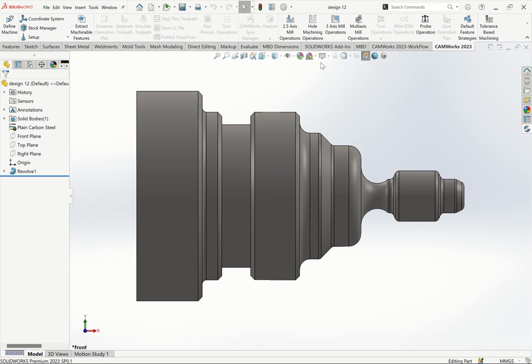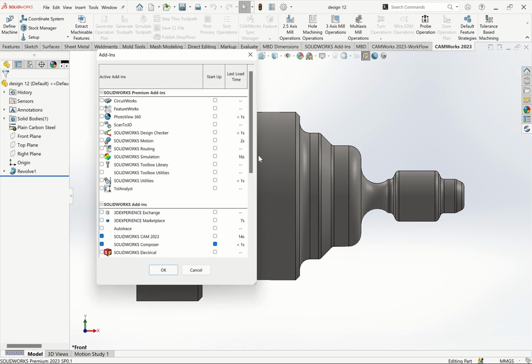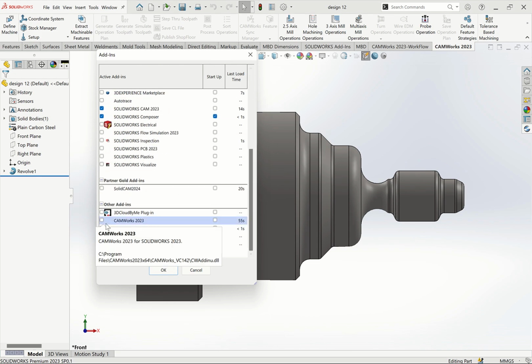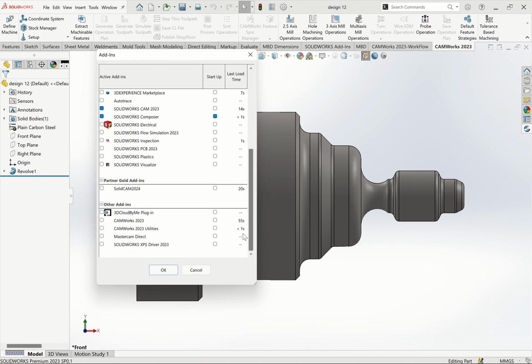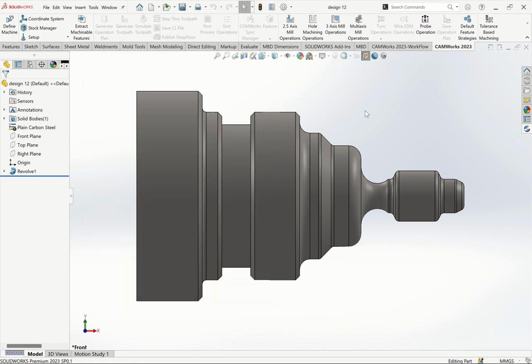Once you have installed your CAMWorks, just come to these options, add-ins, then check that your CAMWorks is activated. You can activate it here so it comes on, to load it, or you can use SolidWorks CAM. SolidWorks CAM and CAMWorks work the same. Once you activate or load CAMWorks, the first procedure is to define a